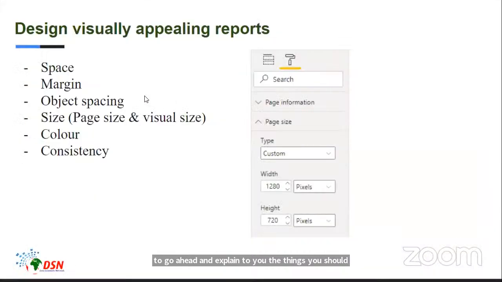When you are trying to design your report, you look out for space, margin, and object spacing. I'm going to be explaining them in detail using my previous slide. You also look out for size, colors, and consistency. So when we talk of space,